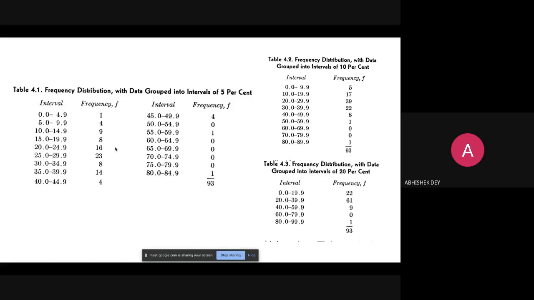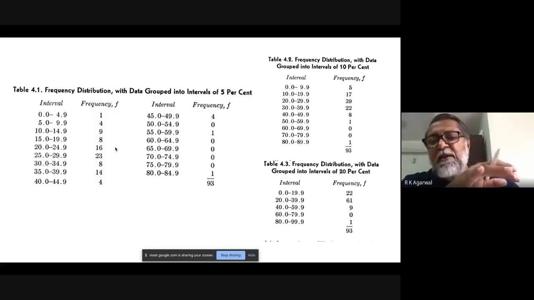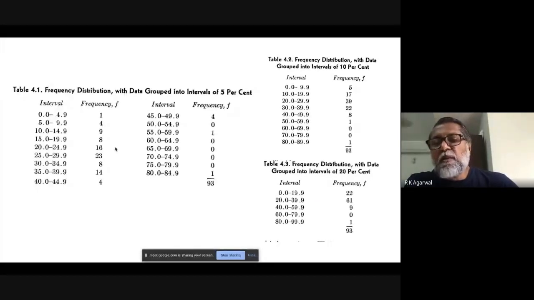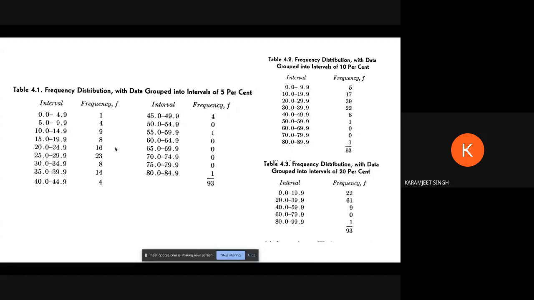So it's a bit ambiguous in nature because it's not properly defined in which interval, how many occurrences are there. It's not ambiguous. It's completely unambiguous. You know that there are 22 people who are falling in the category 0 to 20. This is completely defined. Okay, sir. Sir, because Table 4.2 is a bit more detailed as compared to table 4.3. Yeah. It is giving us quite relevant details as compared to that.